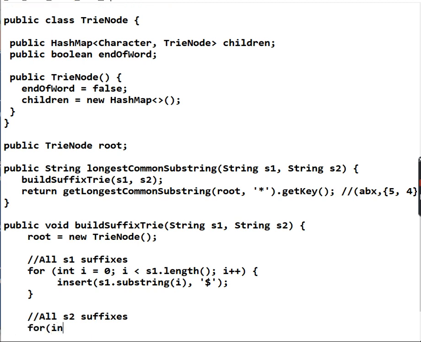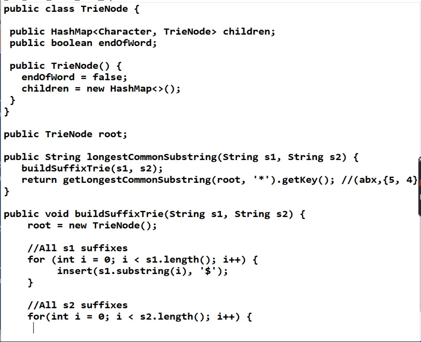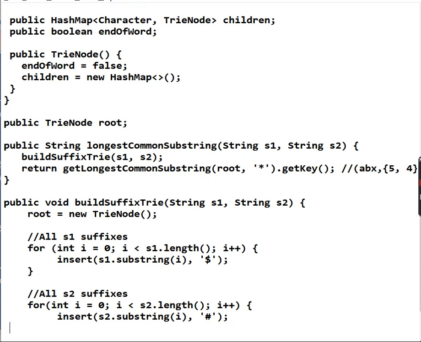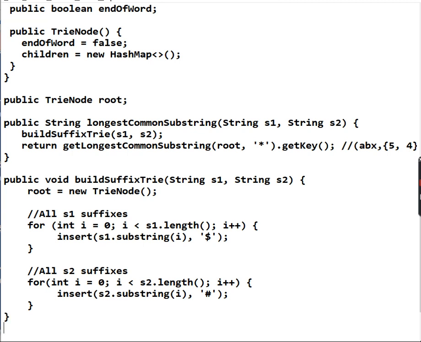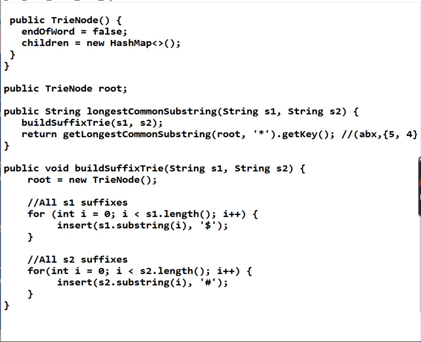So for integer i equal to 0, i less than s2.length, i plus plus, we are going to insert s2.substring(i), and for all the s2 suffixes the end character is pound. And there we are done with the build suffix trie,